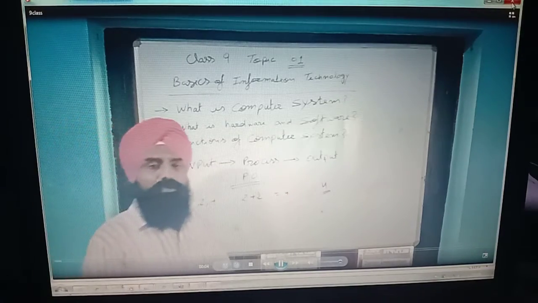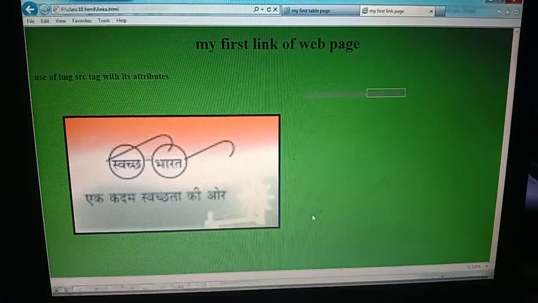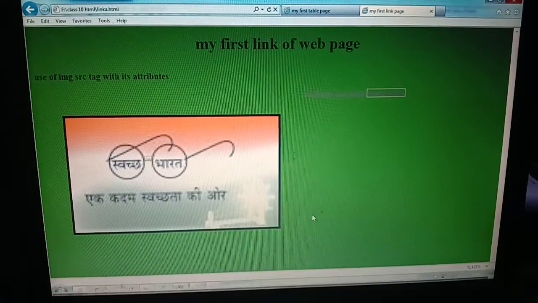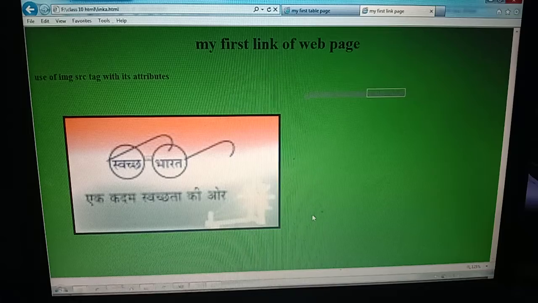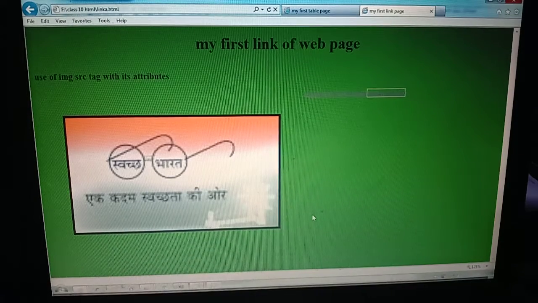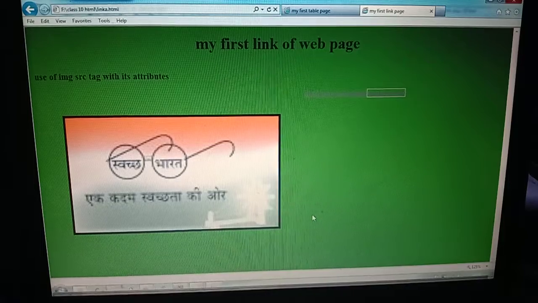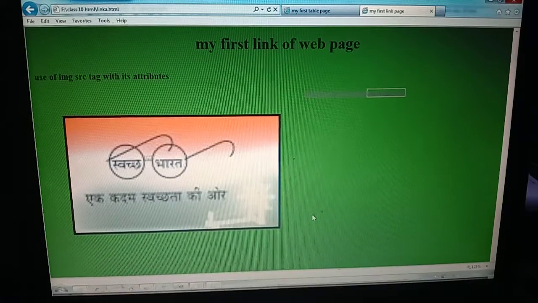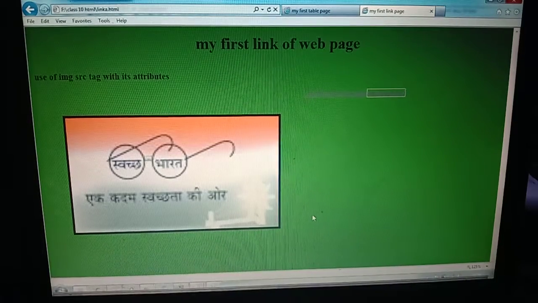Understand everybody? So like this we can complete our task, and if you face a problem with cell padding and row padding, colspan and rowspan, it becomes more clear if you try yourself with a laptop or tablet computer.